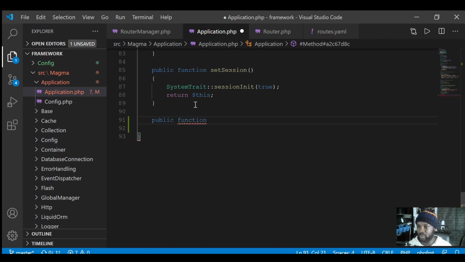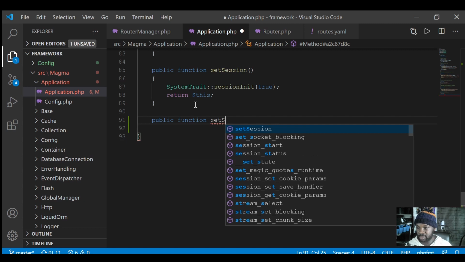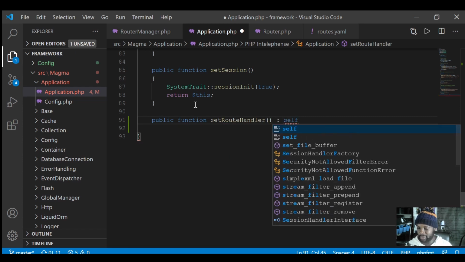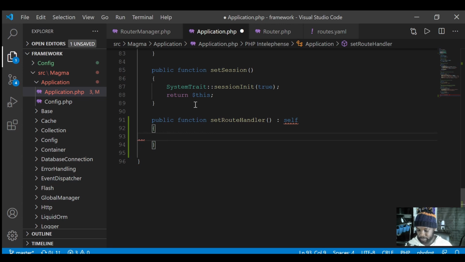So I'm going to create a next method called public function, and I'm going to call this set route handler, something like that. It's going to return self again, and it's going to return the object so we can chain onto this as well. And all I want to do within this method is call my router manager,